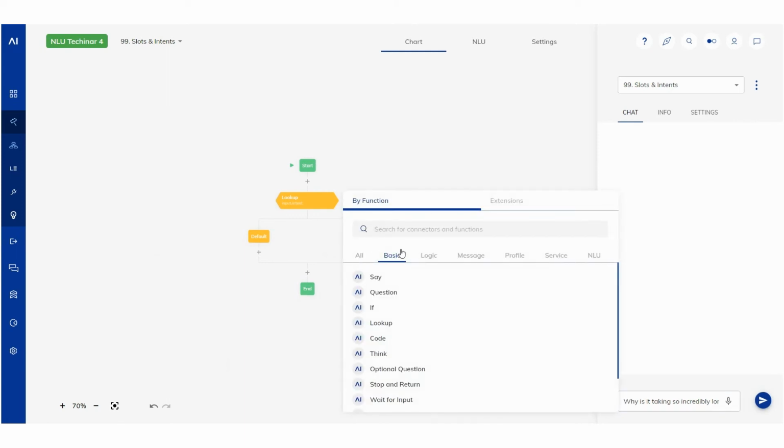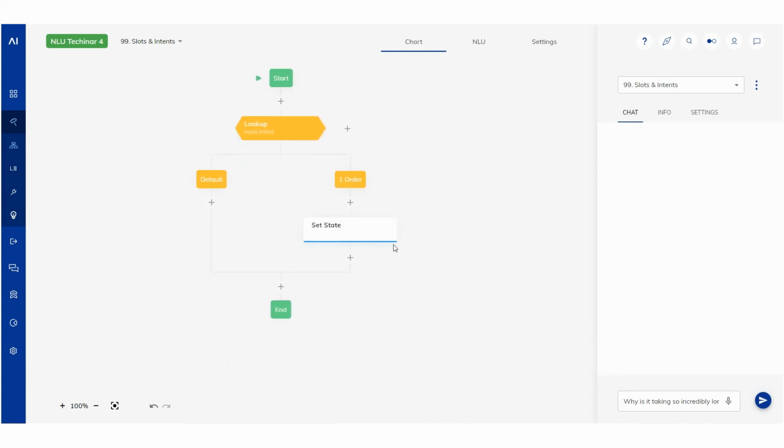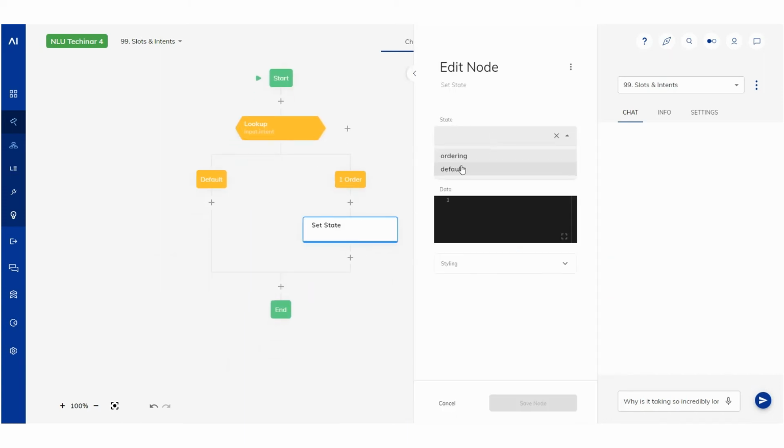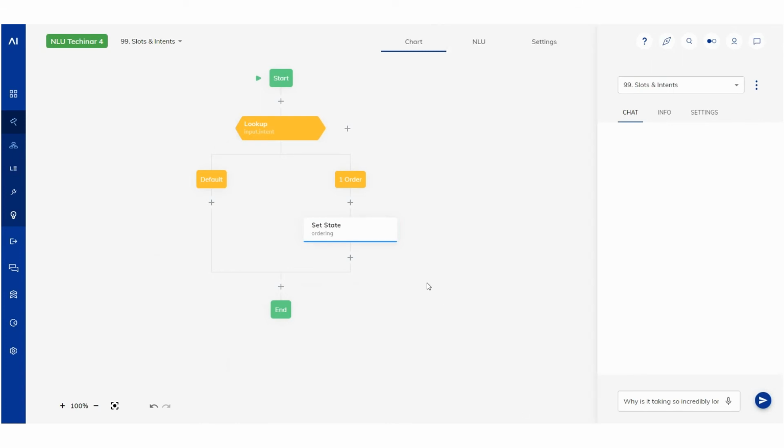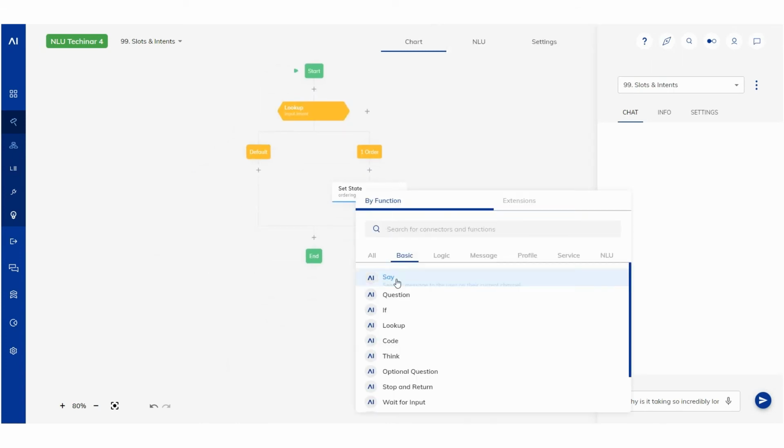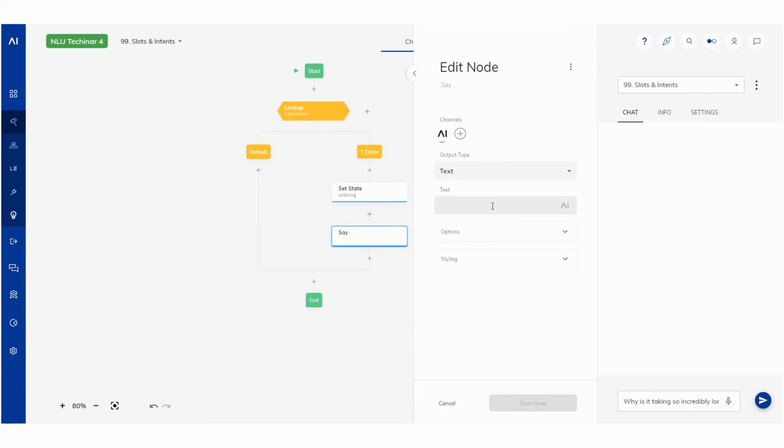Now, if the order intent is triggered, I will use a node that we call setState. And this setState node should then set the ordering state and save. And then after that, I will say I set the state to ordering, like so.